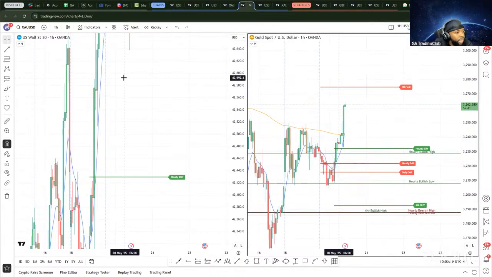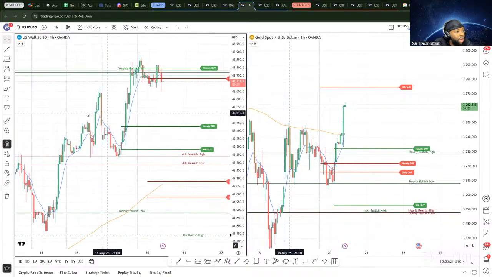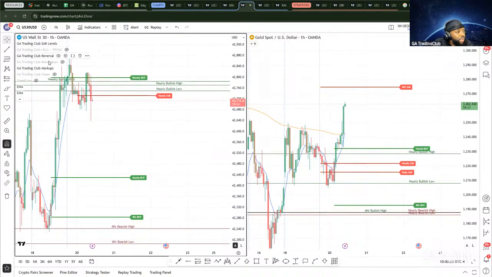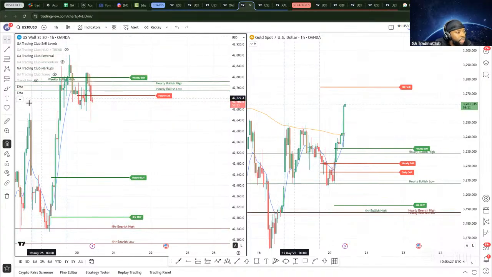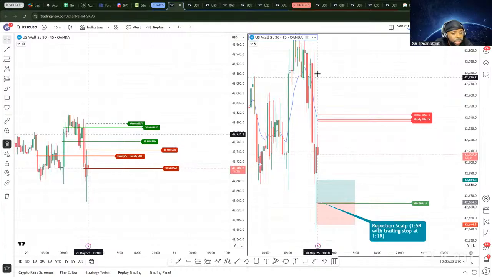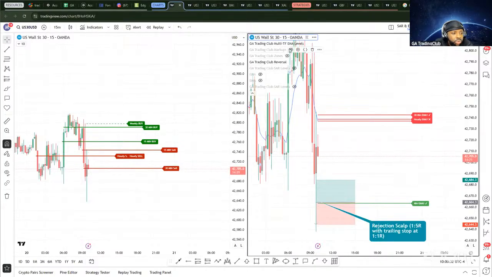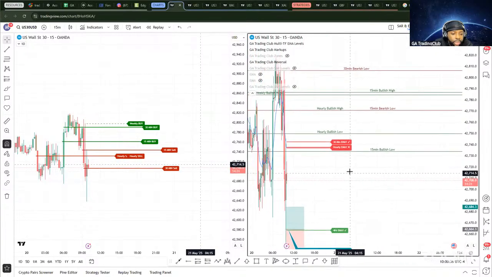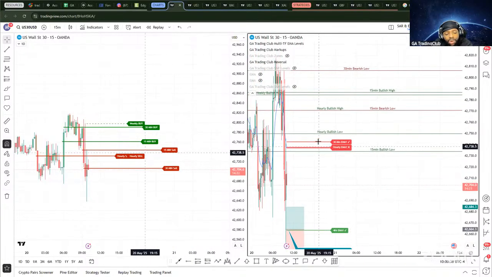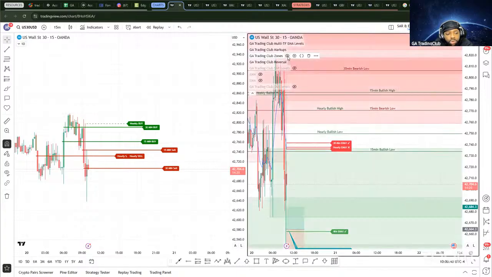Anyway, forget about that. We have a 1 hour EMA retest. The only issue with this 1 hour EMA retest is that we have, let's see how far those bullish order blocks are. So don't forget to look up. Okay, so we are not going to take this, right? Because you can see if price comes back and retests the hourly EMA, yes, it would be a sell, and